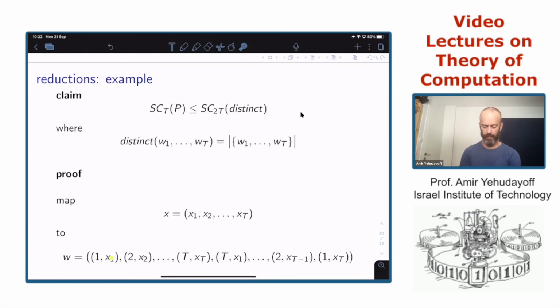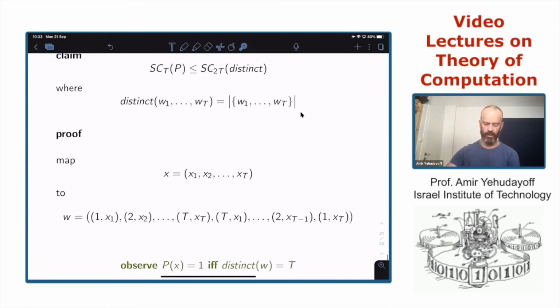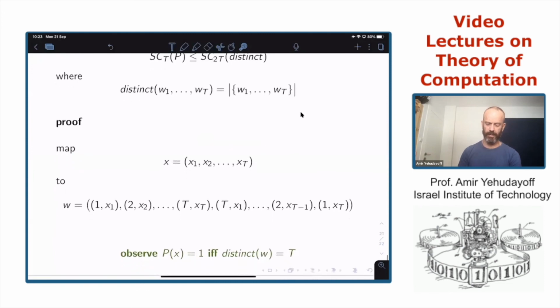This is the construction from x to W. And the observation behind this construction is that x is a palindrome if and only if the number of distinct elements in this string is t.